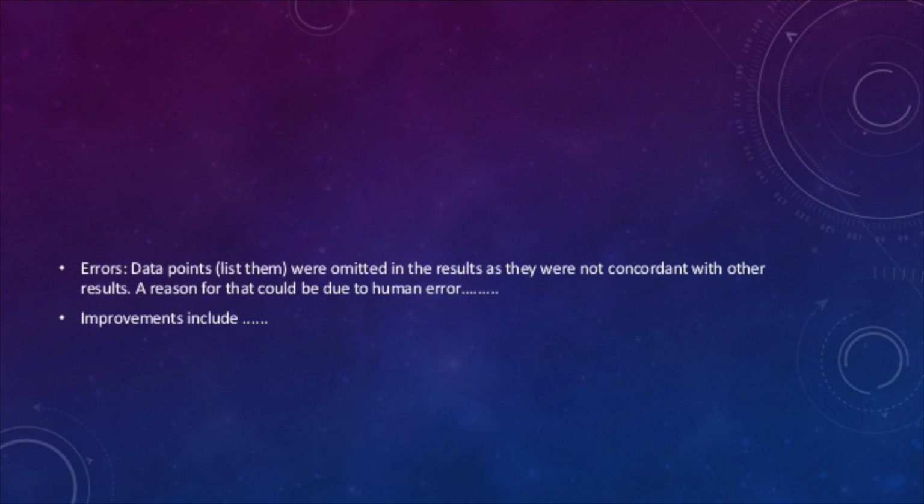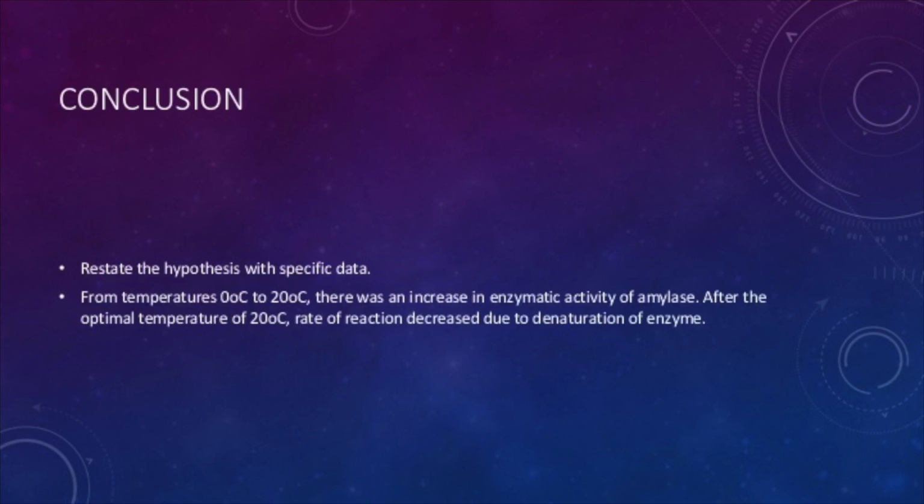Then for improvements, you can go on and talk about how there are other things you can do. So in the improvements, it's acceptable to use future tense. Finally, the conclusion is just restating the hypothesis, but this time you can use particular data points that you have determined in your experiment. Read up on the conclusion that is on the screen,